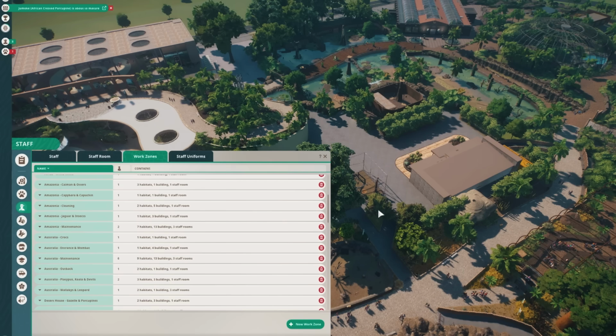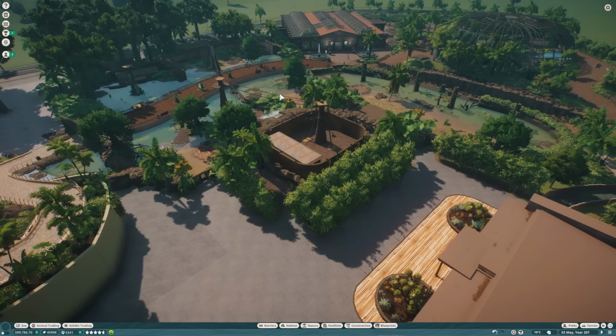But it's not just getting the right amount of staff, it's also laying things out and attributing staff to the right places to ensure that you need as few as possible. And the best way to ensure that you need as few as possible is to think about your keeper gate placement. So these 3 habitats here have just 1 keeper managing all of them, and the way that we can